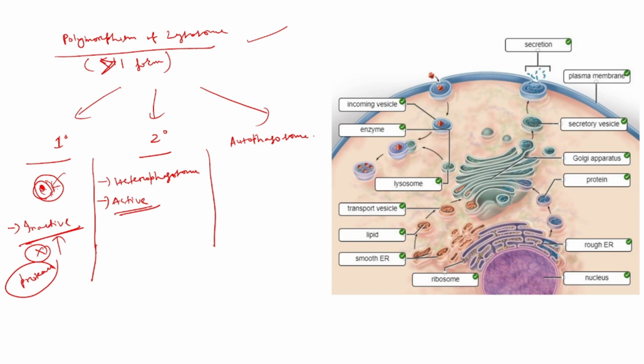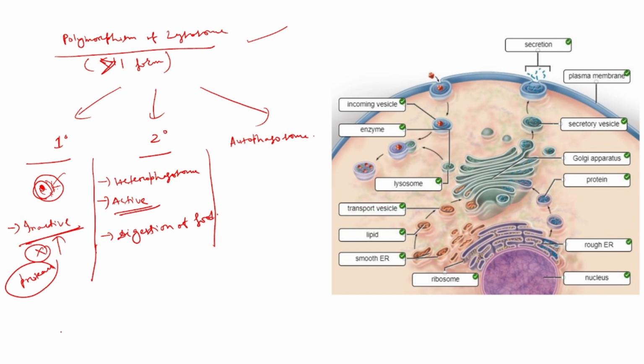So here all the molecules, that means protein, carbohydrate, lipid, nucleic acid, phosphate, all these things are digested by this secondary lysosome. So that's why